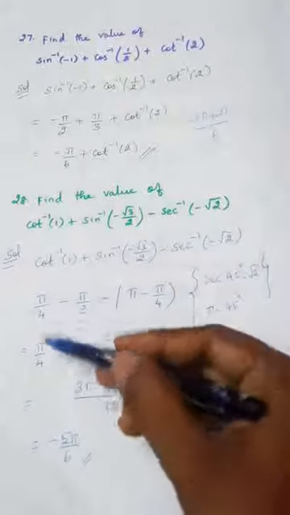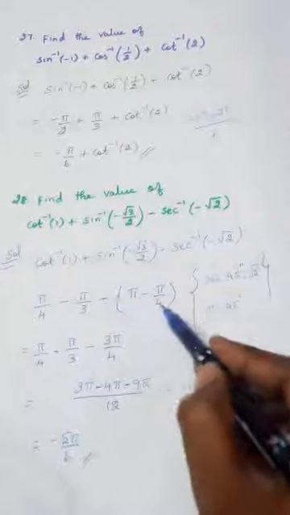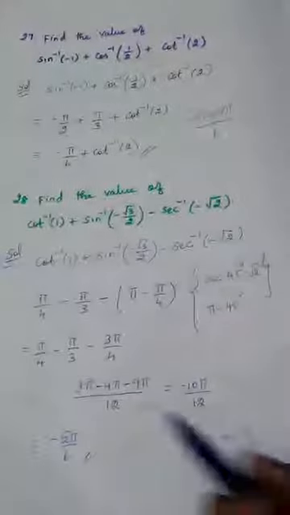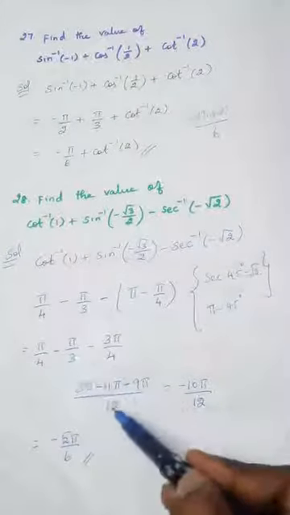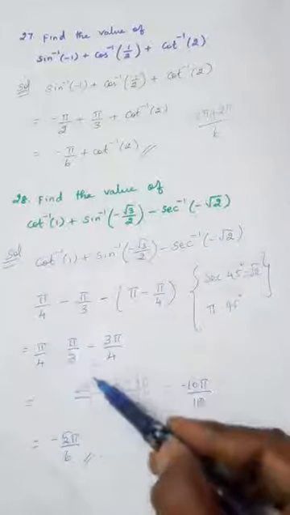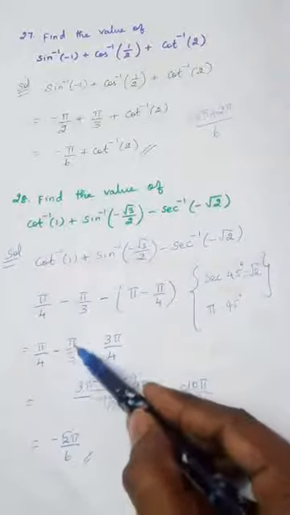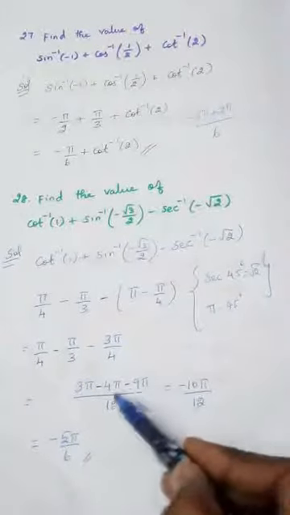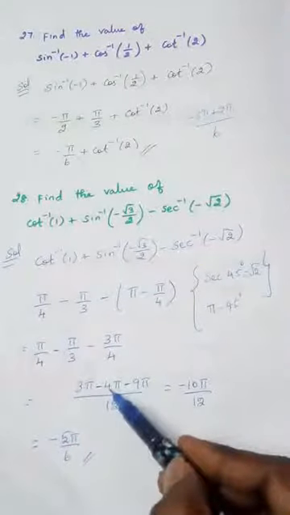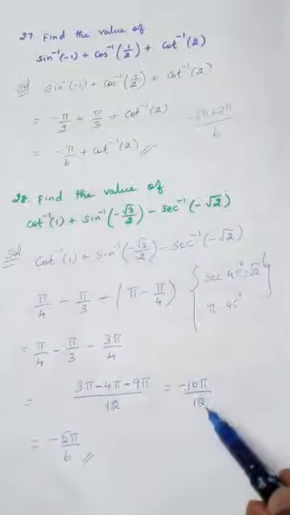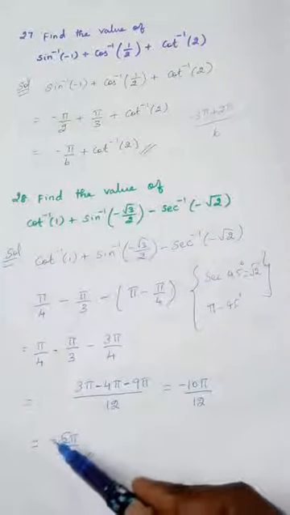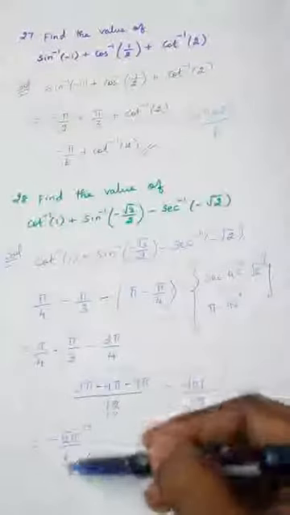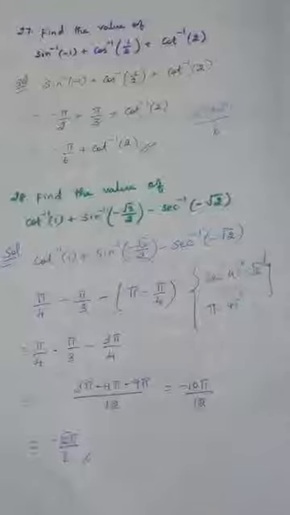Now simplifying this, pi by 4 minus pi by 3. This is 4 pi minus pi, 3 pi by 4 with this minus symbol. LCM for all the three numbers is 12. So this is 3, so 3 pi. It should be multiplied with 4, so 4 pi. This with 3, so 3 into 3, 9 pi. Simplifying this, 3 minus 4 minus 1, minus 1 minus 9, minus 10 pi by 12. Cancelling in two table, answer is minus 5 pi by 6. So this is minus 5 pi by 6 is the value for this expression.